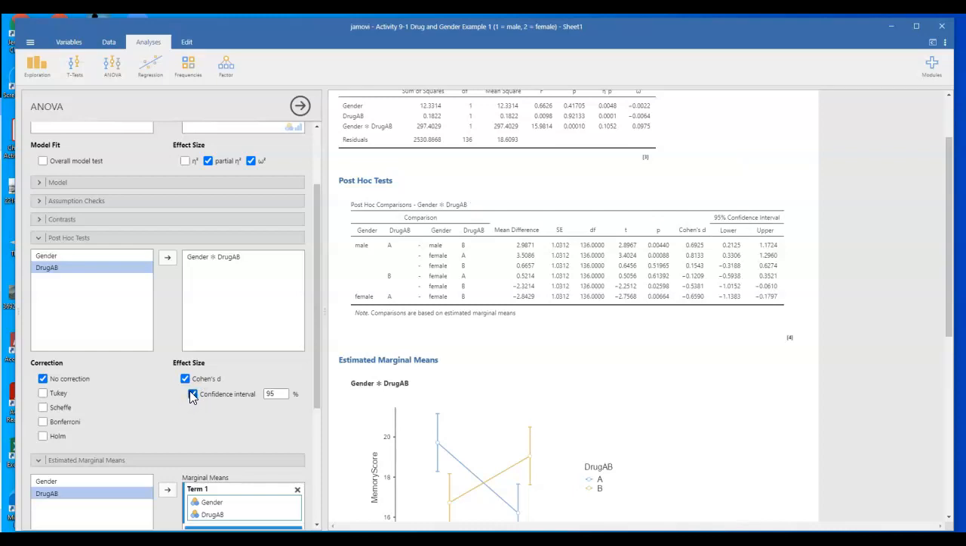Okay, so there are two different ways you can look at simple effects. We could look at the effect of drug A versus B for males and then for females, or we could compare males to females at drug A and at drug B. In this example, we're asking: for males, is there a difference between drug A and drug B? And then for females, is there a difference between drug A and drug B? And then to describe those differences. So what we're looking at here